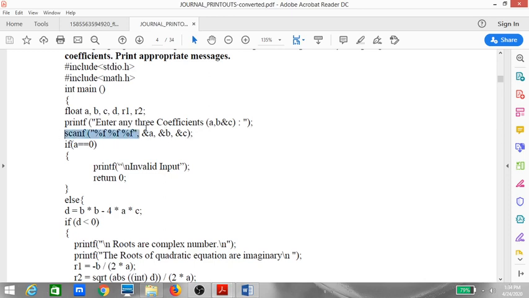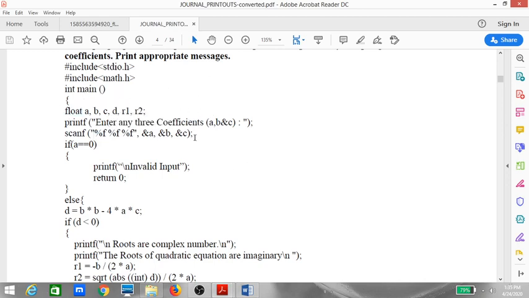This we have already seen in the previous labs we have done. I hope everybody is clear why we need to write &a, &b and &c, because I need to know the address, and the only way to know the address is by putting an ampersand prefix in front of the variable name. And again %f is the format specifier because the type here is float.